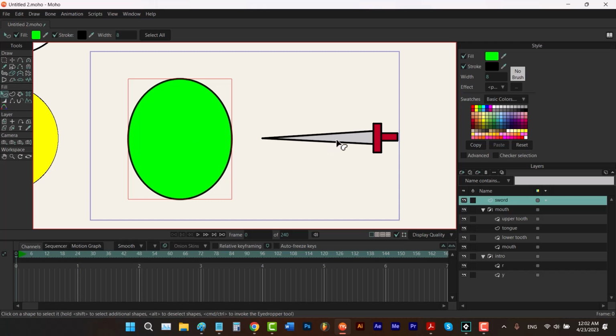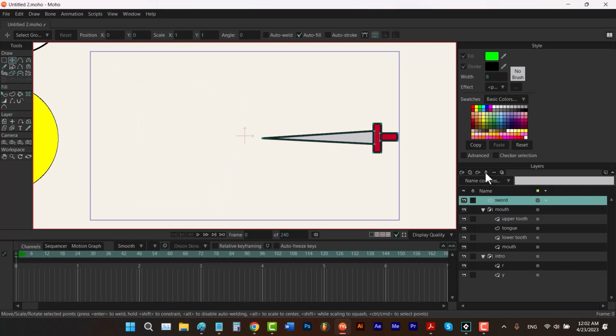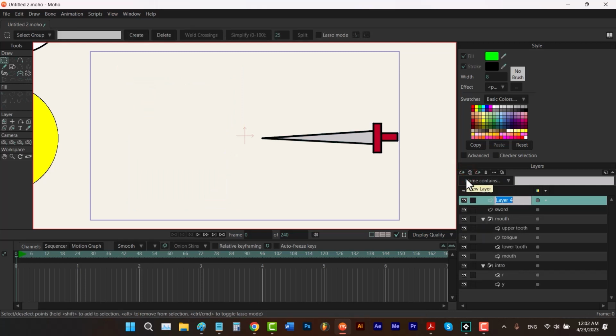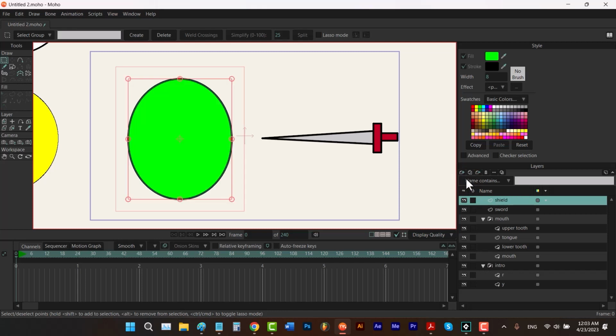So first let me move this shield to another layer by hitting the T key, and because it's already selected, I can hold down the control and press X to cut it. Then I create a new layer, let's call it shield. I hit enter to confirm its name, and then I hold down the control and press V to paste the